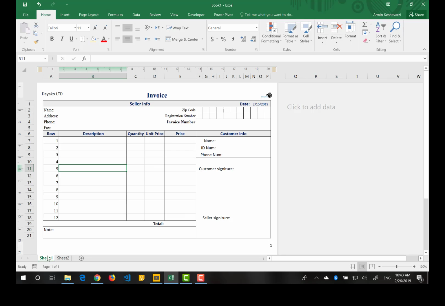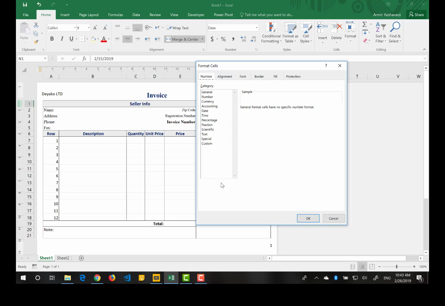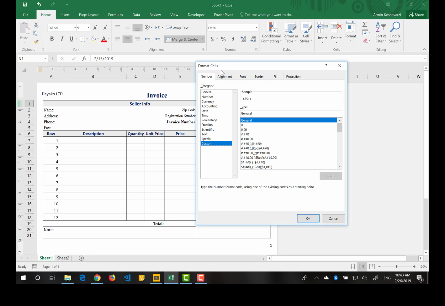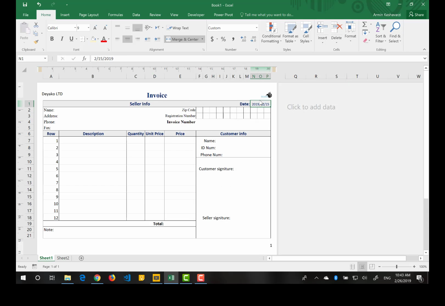have in these cells. Now if you go to your invoice, you will want to say that this date, for example, should be shown as the standard value. Actually, the standard value in my country is year, month, and day. So it will change the presentation to this, and you can choose that these values should be numbers